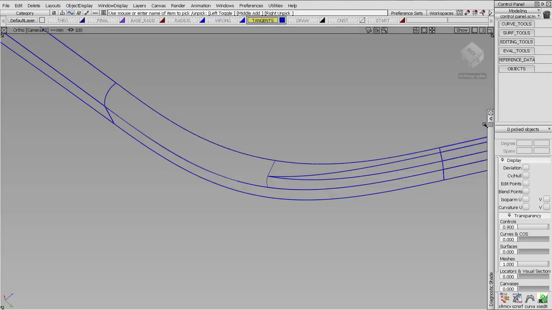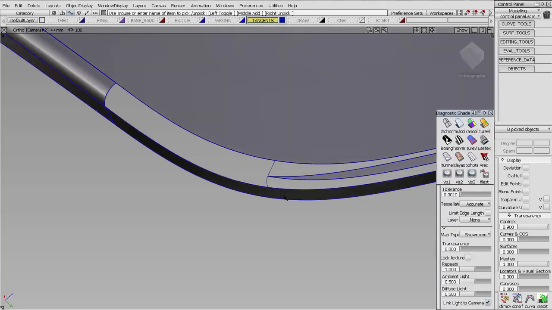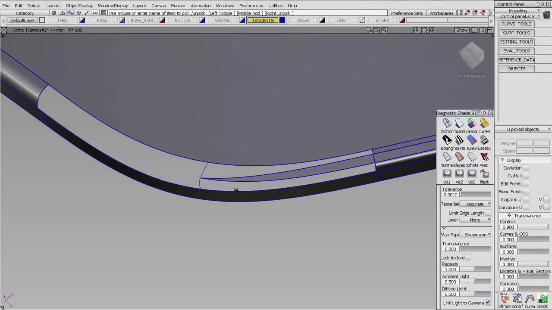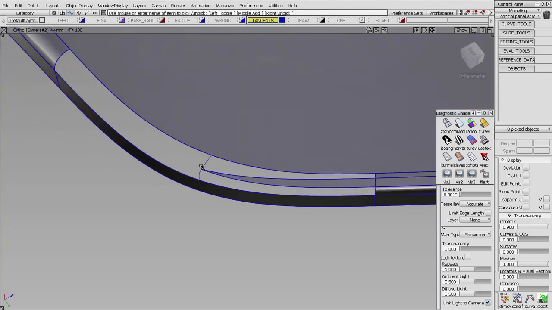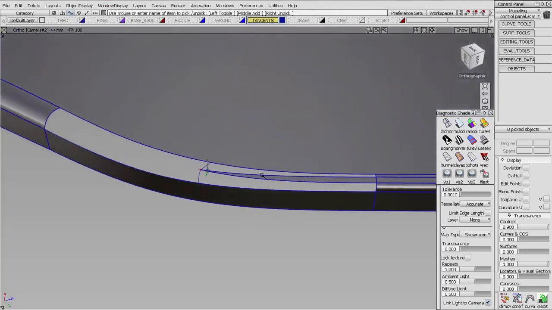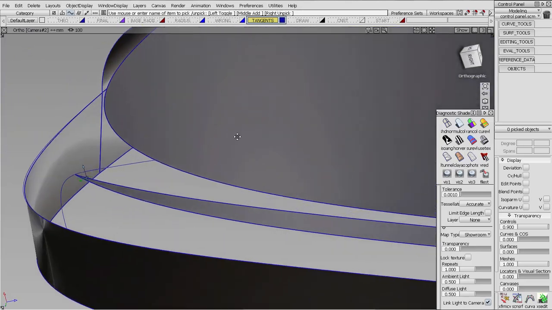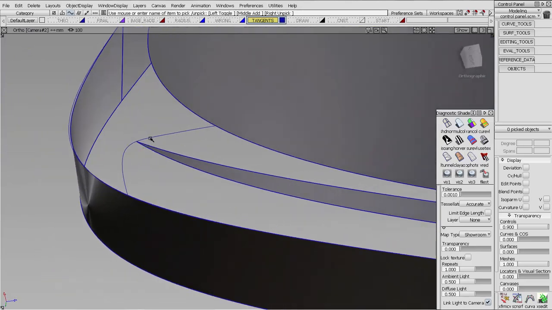Okay, so we take the same set of surfaces and we repair those tangent lines, get them where we want, and then we put a section across here. And if we look at our section now we have a very long flat section, a tight radii, and a little bit of a lead into this surface. Well, the problem with that is